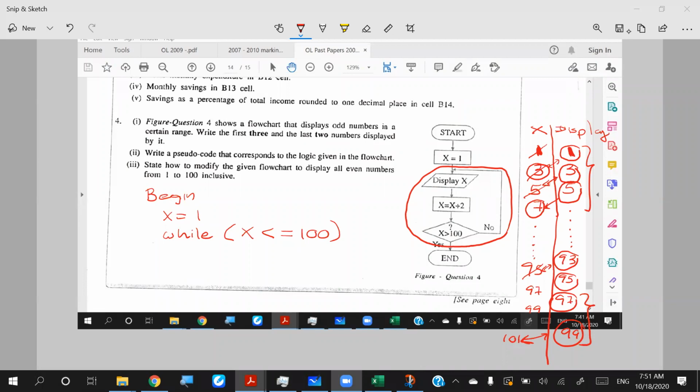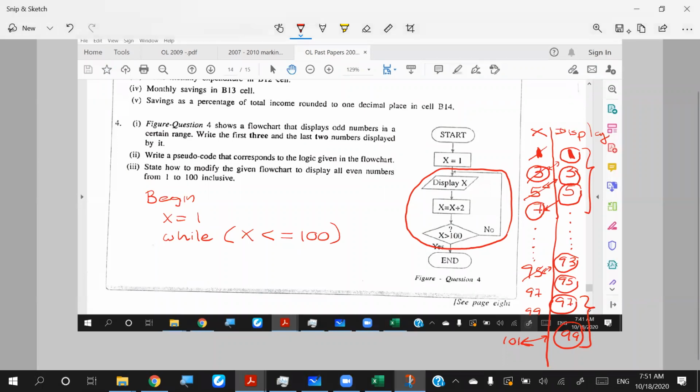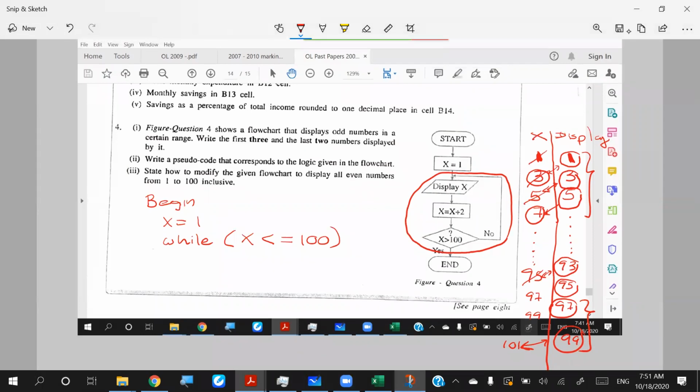So you can have the very same condition, right? So once you got the condition, then the only thing that you need to do is go the way which the flow chart shows you. So after the condition, this is the first thing that you need to do, and this is the second thing that you need to do.